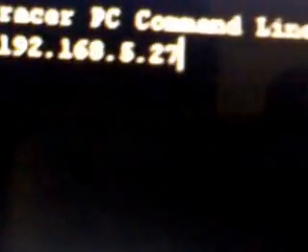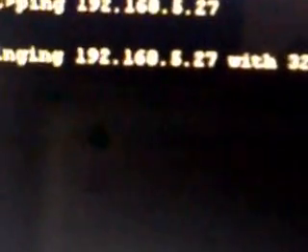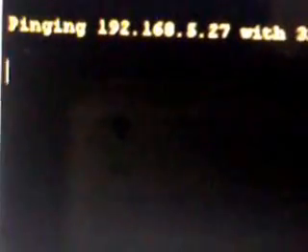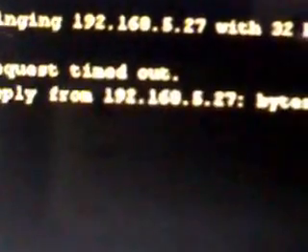This is the first starting usable address of LAN 3, and just press enter. Yes, you are getting replies. This is the thing we have to do. That's all. We are having connectivity.